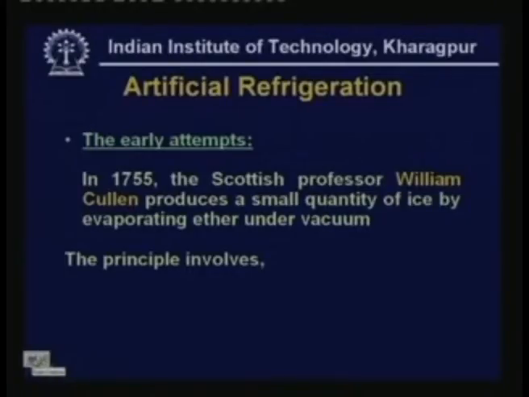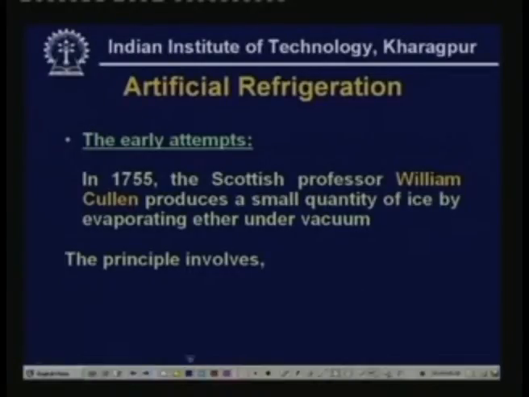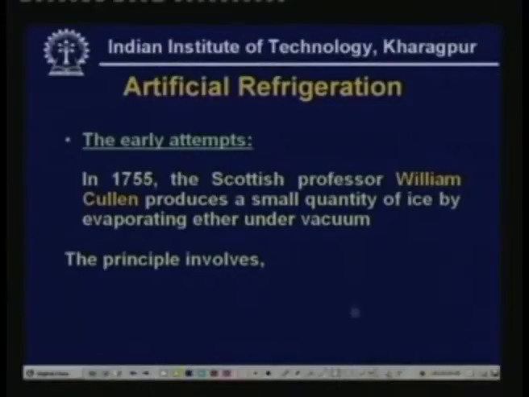The first principle is that when you reduce the pressure acting on a liquid, its boiling point also reduces. For example, ethyl ether has a normal boiling point of 34 degrees centigrade. That means at 1 atmospheric pressure, it boils at a temperature of 34 degrees centigrade. However, if you reduce the pressure, then it will boil at lower temperatures. And the typical relationship